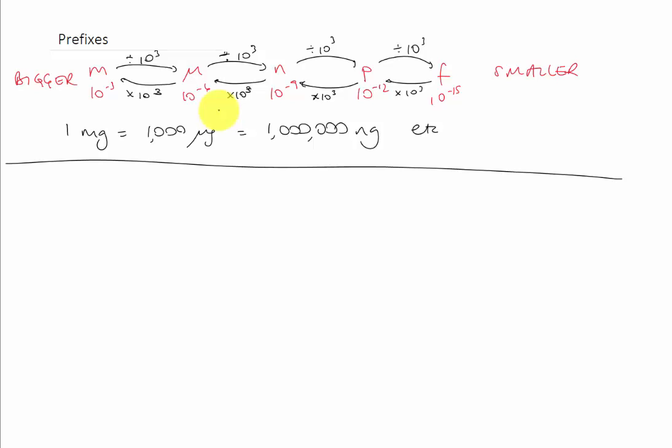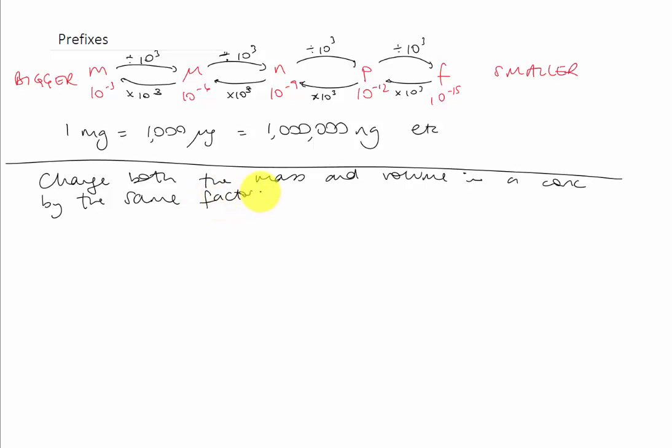Alright, so we can also use prefixes in the case of when we have a concentration and we want to change between different volumes. So I'll show you what I mean. So we can change both the mass and volume in a concentration by the same factor. Let's say, so if I've got 1 mg per ml,